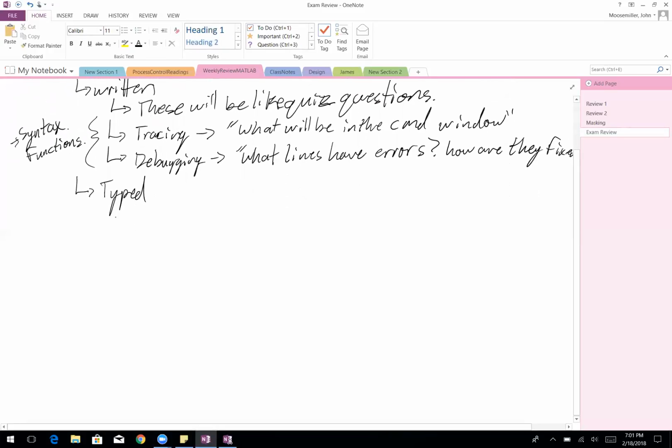Then there's the types portion of the exam. This is going to be like an MA. This is in terms of it being like an MA, in the style, not the scope. So what we're going to do